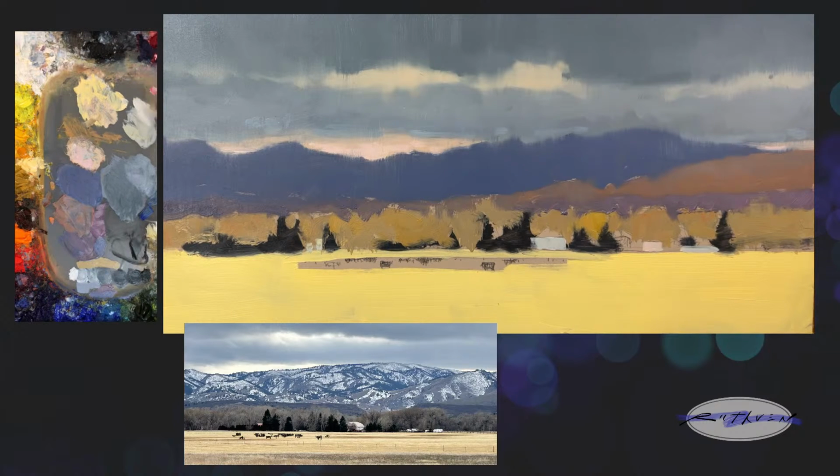Then the roof, it looks like I've got a pretty light roof there. I don't really want it to stick out as much as it does in my reference photo, though. And I'm just going to make it lighter, and it's going to be a mix of those sky tones. You know, let's see. I'm kind of making this up. It would be a barn. Yeah. Something like that. And I'll cover some of that up later,